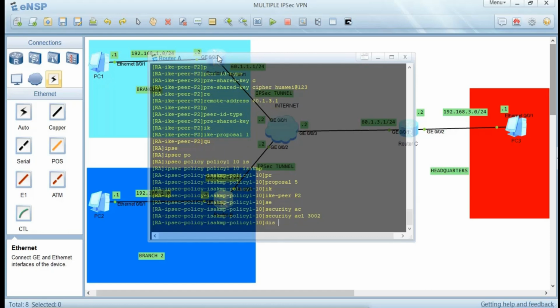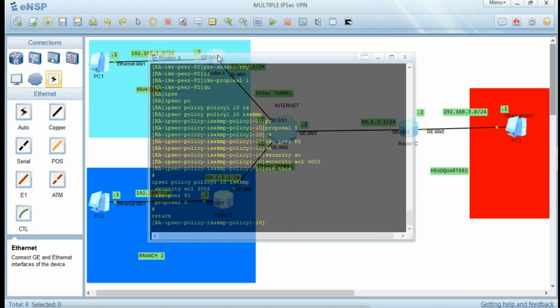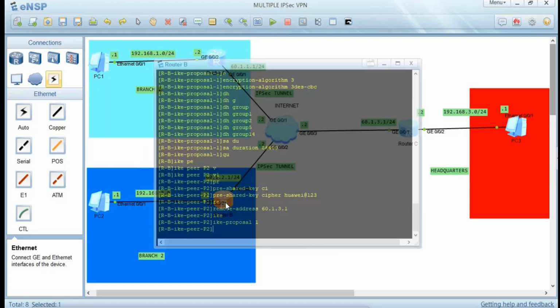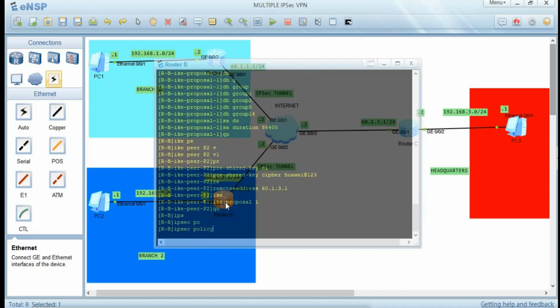After display this and see. So as you can see what we bind, we bind these 3. You do the same to the router on branch 2 here. So create the IPSec policy, then the policy name policy 1, and give it a value of 10, an integer of 10. Then after that you bind